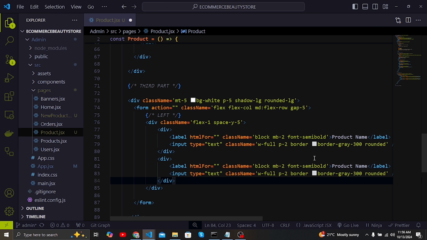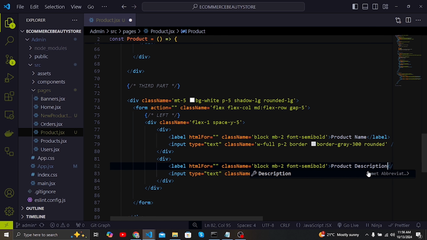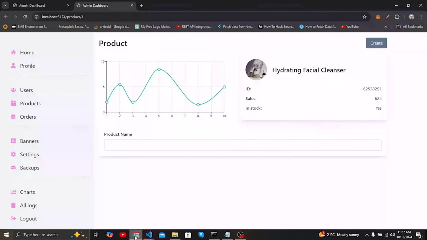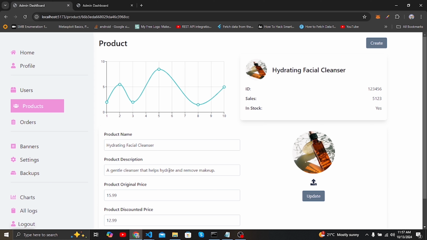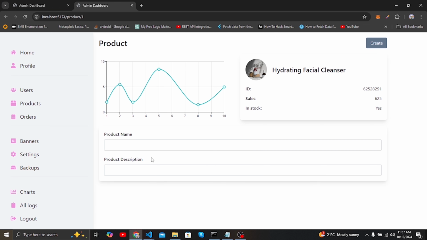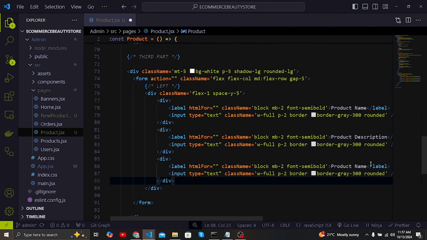So for this one also, we can have the product description. So product description here. And I think this one, I don't know if it is a text area, so it's just an input. So for this one, we are going to display them here. So that's why you can see here I don't have this, because we are going to display actual information of that product. So don't worry. So we have the product original price. So product original price, I'm going to paste it here, I think so. Yeah, product original price,